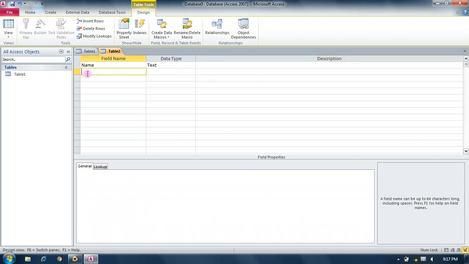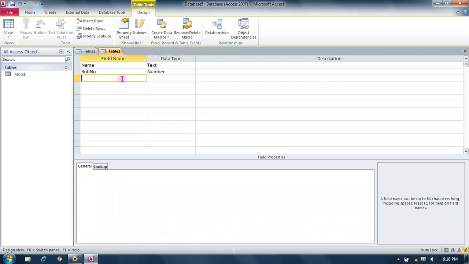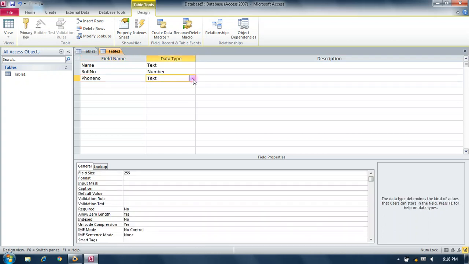After this, like roll number. Roll number, you can take as a number. Like phone number, you can select number and memo as your requirement.